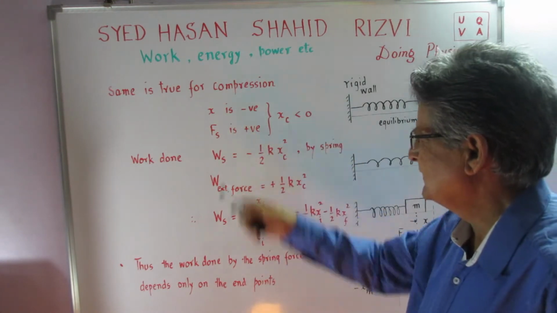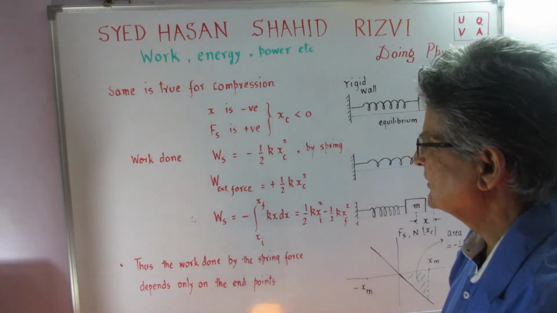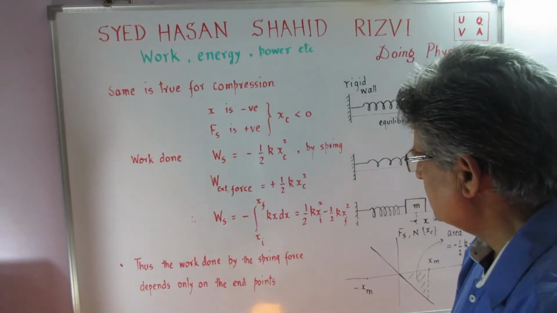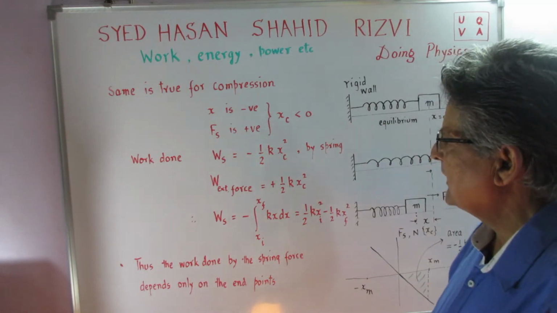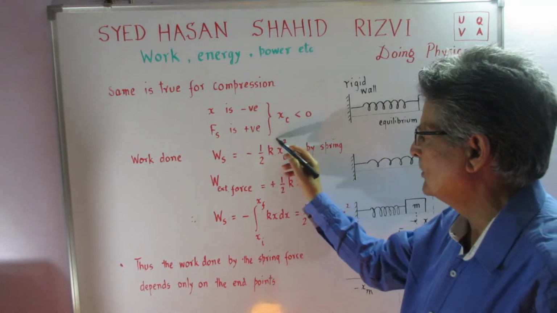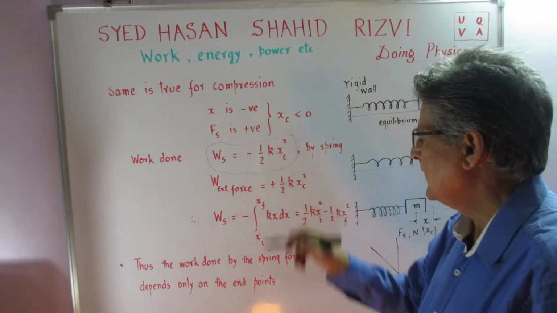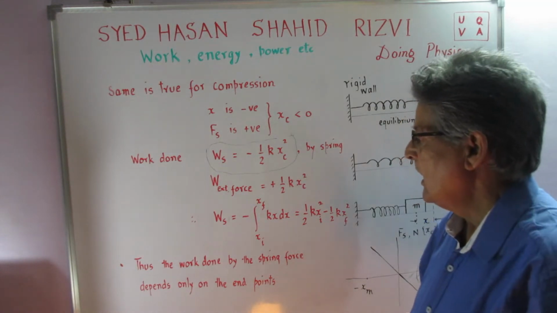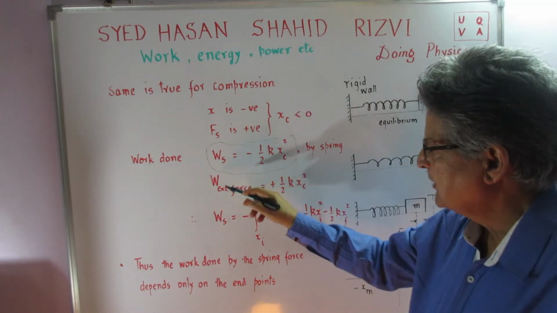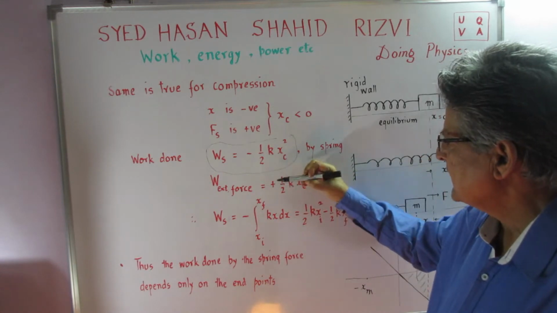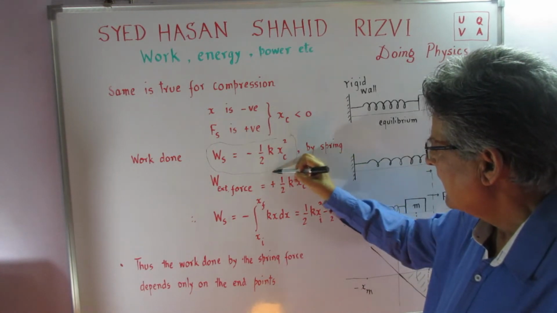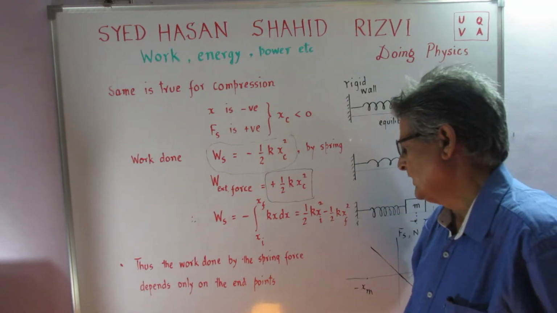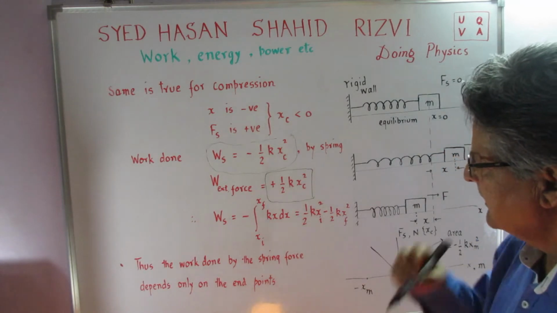So this describes the system, and if I calculate the work done by the spring, I find that this work done by the spring turns out to be equal to half k xc squared. At the same time, like before, I will say that the work done by the external force is equal to plus half k xc squared. Okay, so I can therefore write that